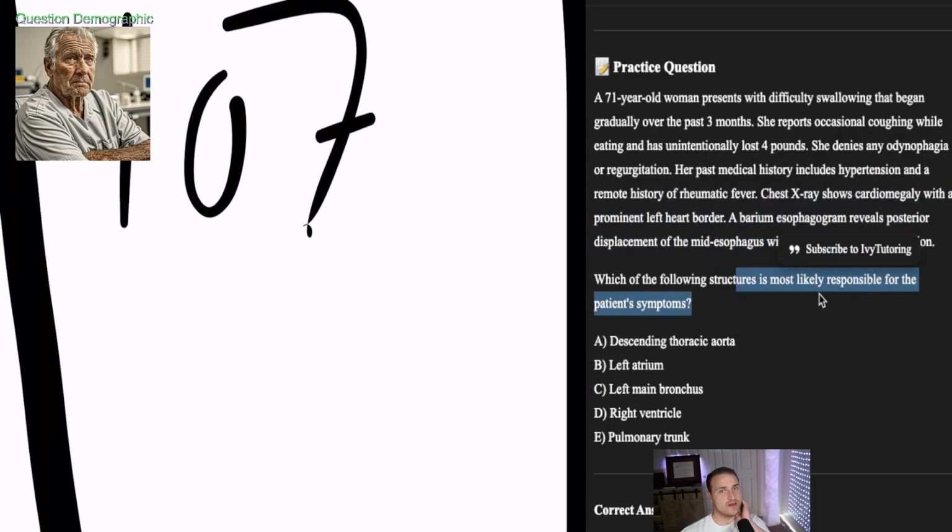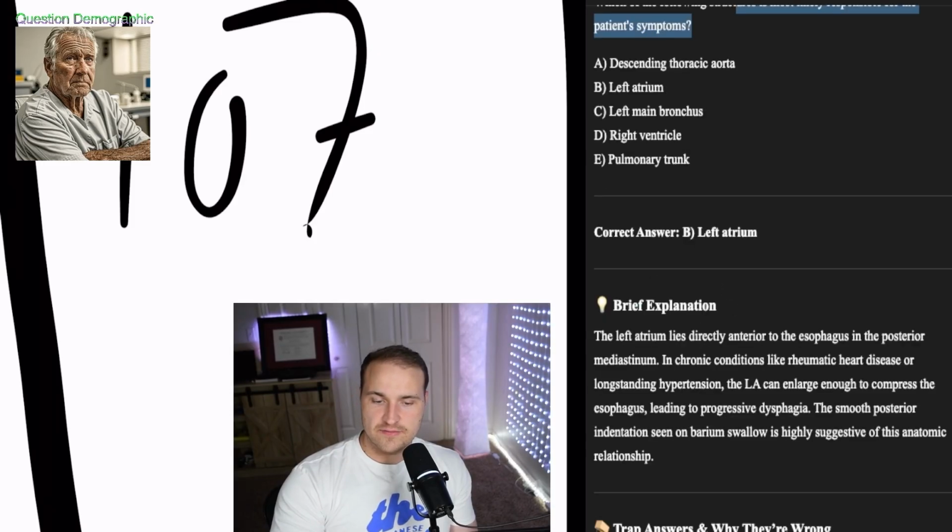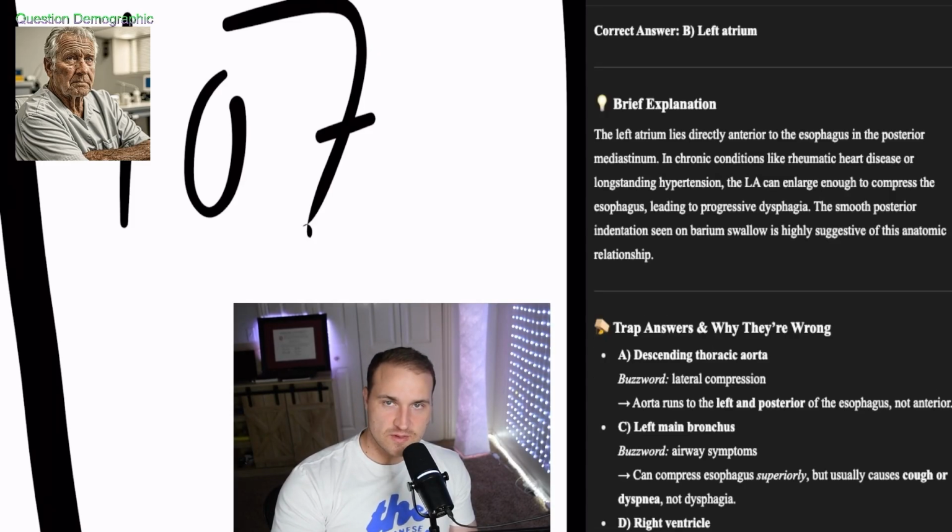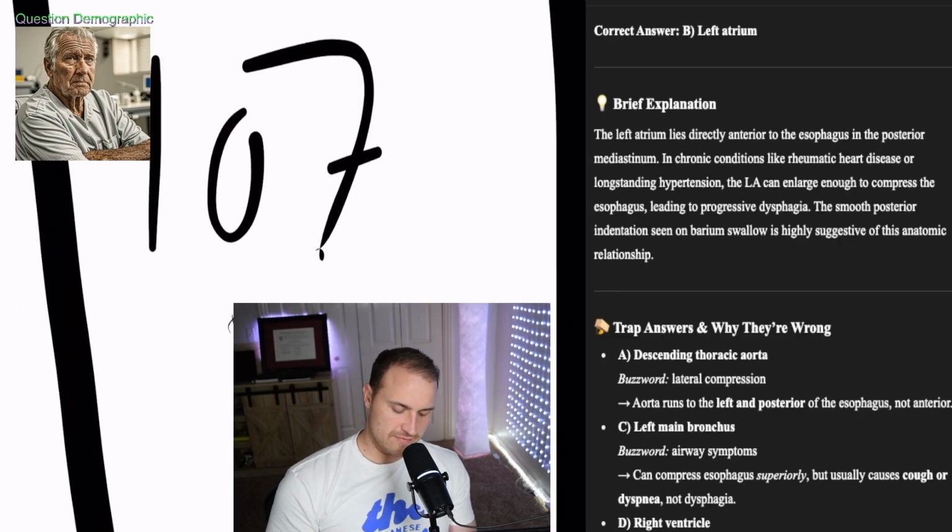Okay, you have to know how the heart sits for this one. So I'm going to go ahead and give you the answer. It's the left atrium, the most posterior chamber of the heart. It lies just in front of the esophagus and the mediastinum. And if the left atrium enlarges, for instance, with a dilated cardiomyopathy, or if you were to have mitral valve disease or something like that, then it can press up and displace the esophagus. And that will show up on the barium swallow as a posterior indentation,